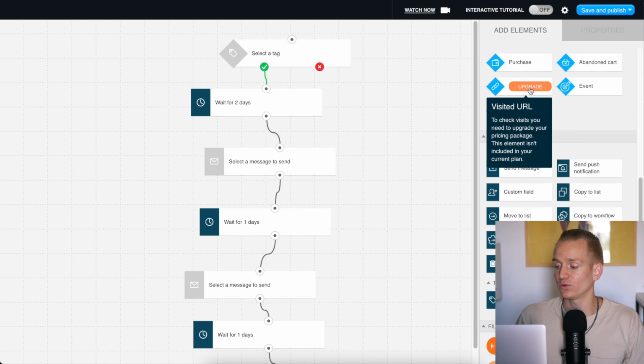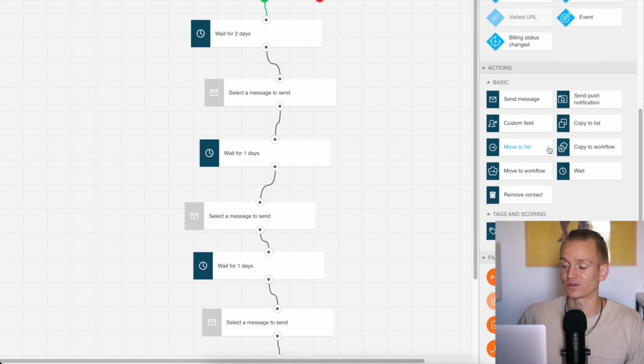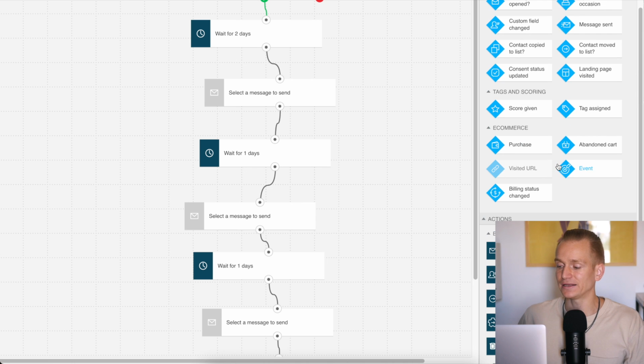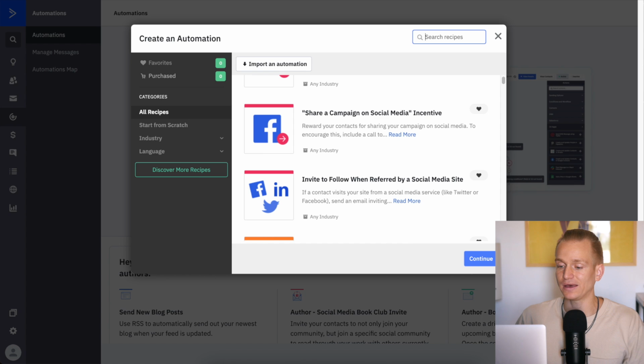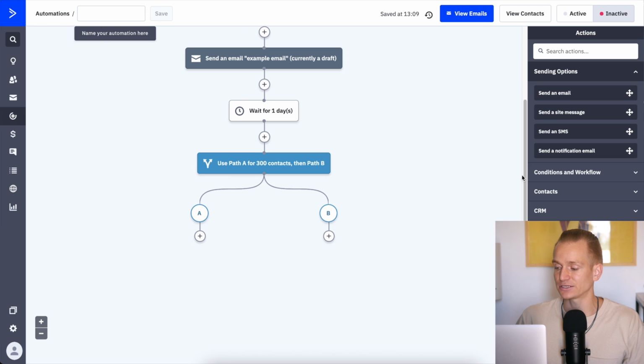So if we look, I'm not going to go through all of the different elements, and all of the major elements you're going to find with GetResponse as well. But ActiveCampaign really takes that to the next level. They really have pretty much everything that you can think of.